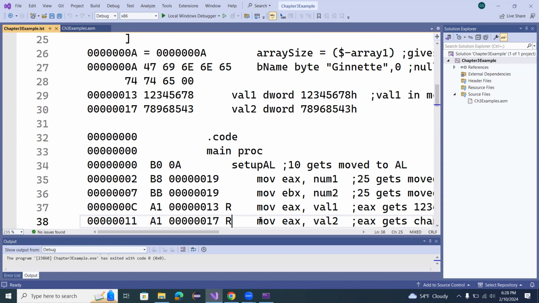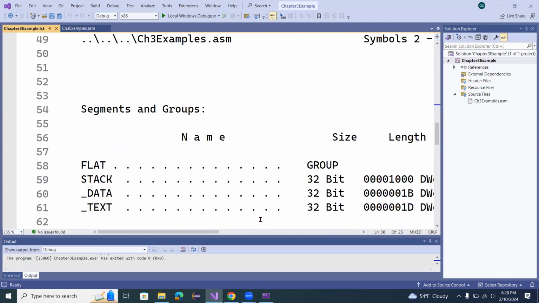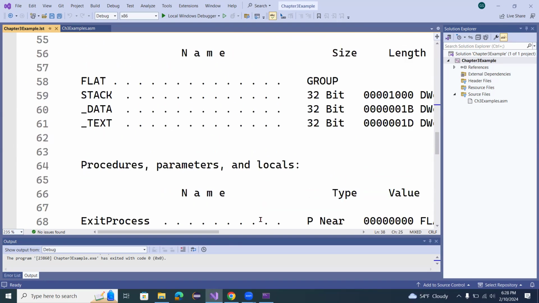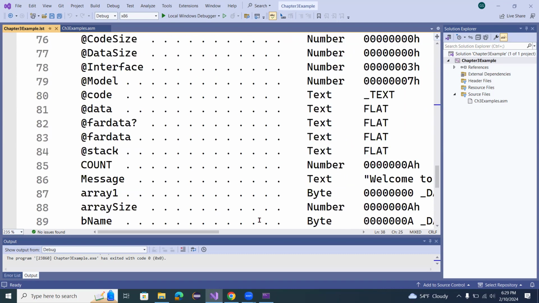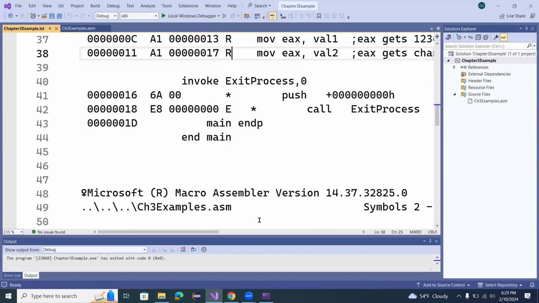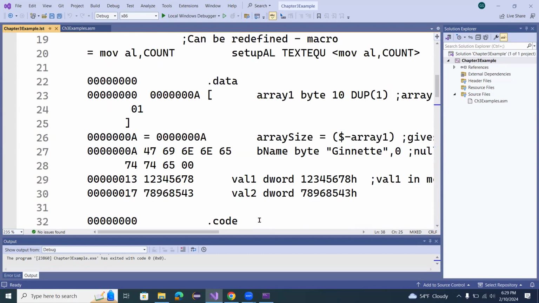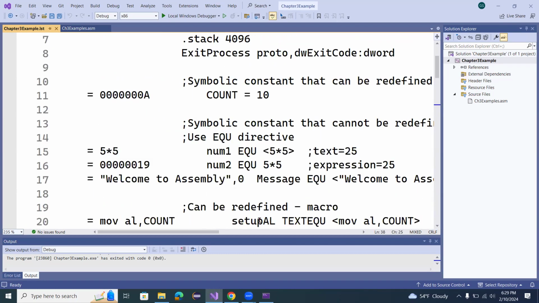So this is just what your listing file looks like, and here's some more information. So if you want to, you're not going to be tested over listing files. You're not going to be having to look at listing files and be able to tell what's in them, but it's just interesting to look to see what gets